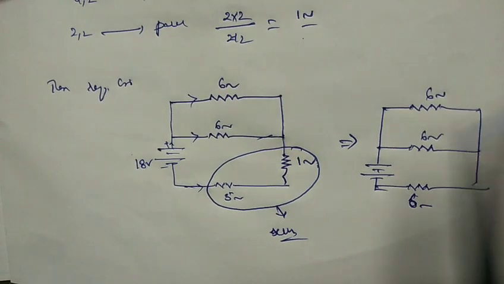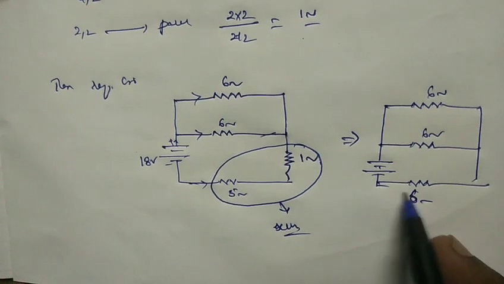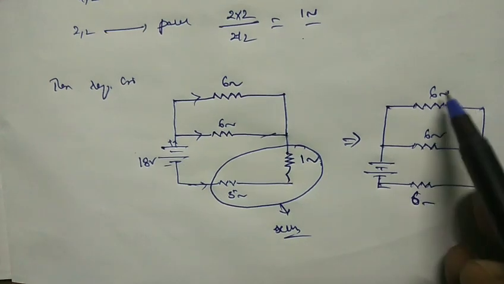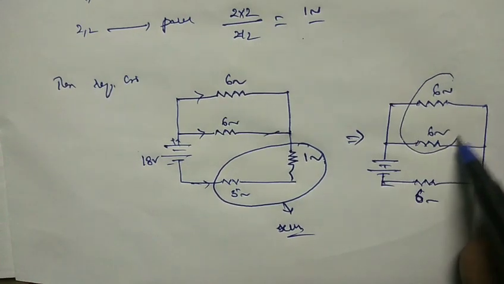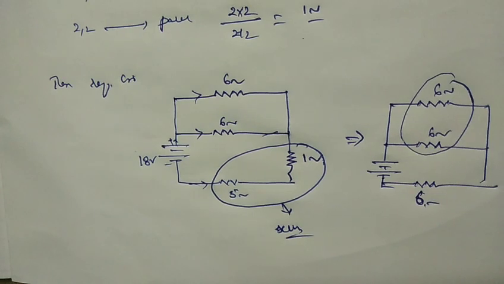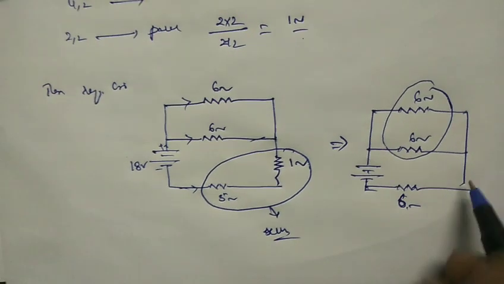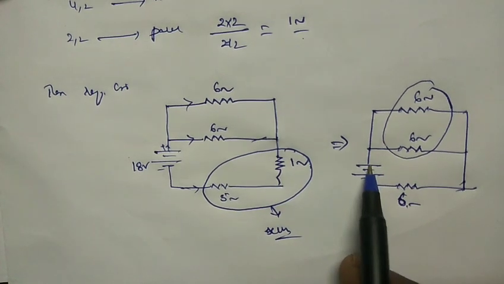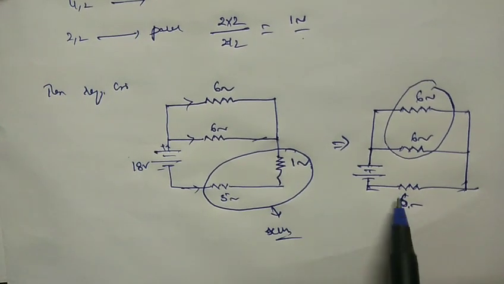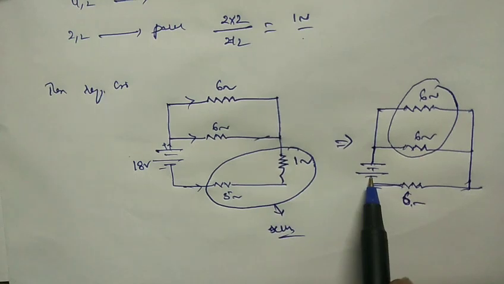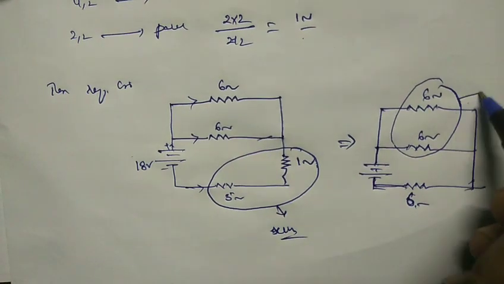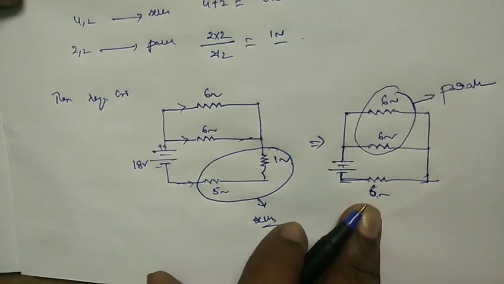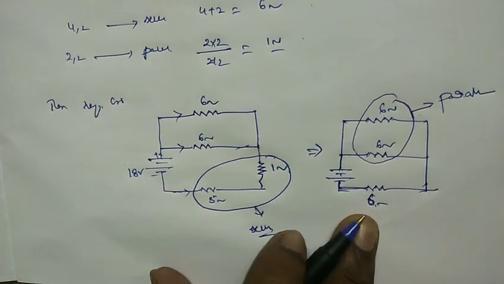But first of all, we need these two, which are across the battery. Then we find these two are in parallel. Then after we go with the other 6. I understand why? Because this 6 ohms is connected to the positive, but here the 6 ohms is connected to the negative. So first of all, these two 6 ohms are in parallel, and go with the other 6 ohms here. So let us find.